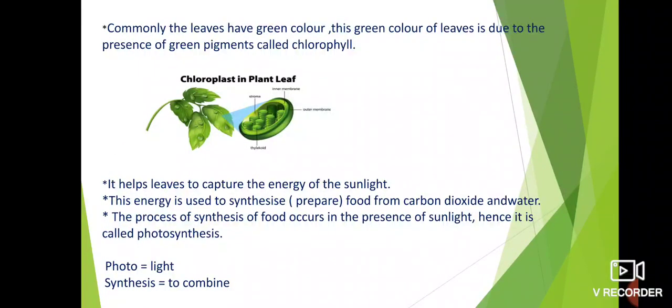And the third requirement of photosynthesis is the energy from the sunlight. How is this energy of the sunlight captured by the leaves? Yes, there is a presence of chloroplast in the leaves. This chloroplast helps the leaves to capture the energy from the sunlight. It helps the leaves to synthesize their food, that is glucose.